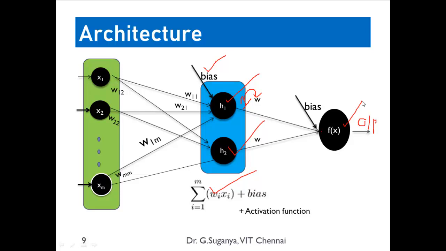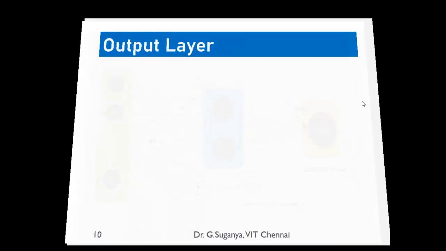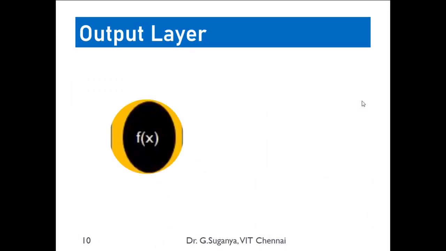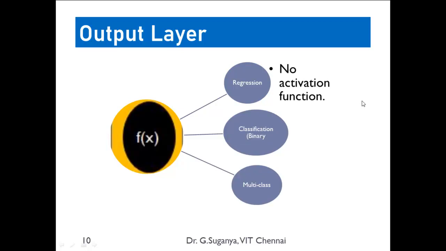Anything could be of interest. Now coming to your output value. Now coming to what are the different kinds of outputs that we are able to have. If your output is a continuous value, we say the multi-layer perceptron has to support the regression concept, and hence no activation function is required. So the output will just be a number, and you can give the user the corresponding output itself.